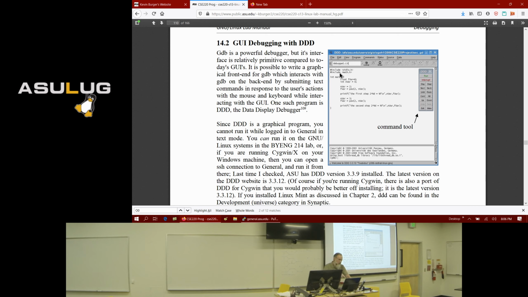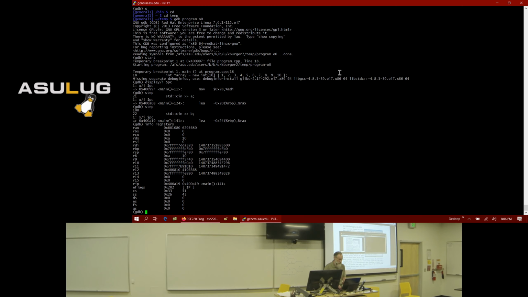What DDD and Jeff, like he mentioned, are basically is a graphical front-end interface, so it's more user-friendly. On the back end, all they do is just call GDB and run commands. So you're still using GDB for debugging, but it has a nice user interface in front of it. If I were going to spend a lot of time debugging code, I would spend the time to learn DDD or set up some other graphical debugger. You're still using GDB, it's just that GDB is kind of difficult to use.